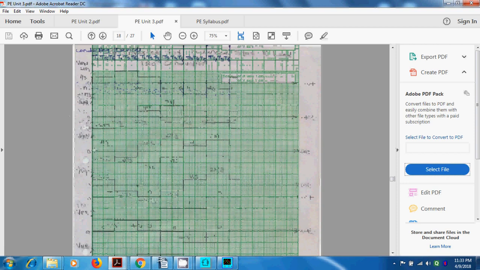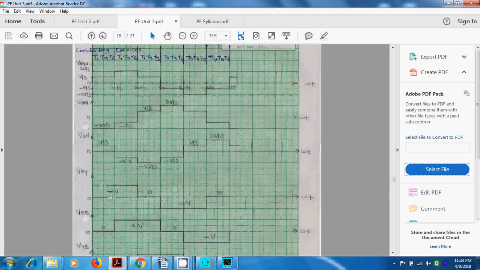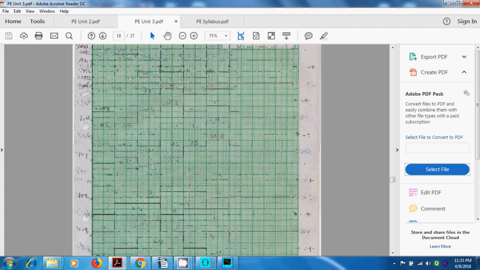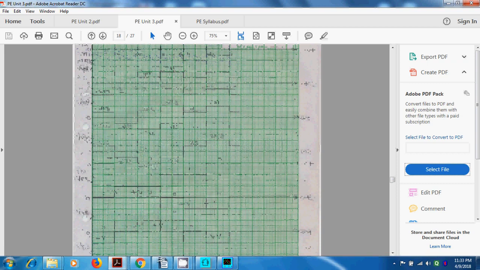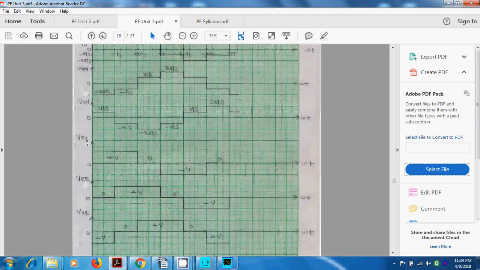Similarly this is VRY. VRY is nothing but one line voltage. So these are phase voltages, which are 120-degree phase shifted with each other, and the line voltages are 60-degree phase shifted with respect to the preceding line voltage. For example, VRY, VYB, VBR, like that. So depends. If you see this type of nature, this is called a quasi-square wave, meaning something positive, 0 and negative. So we came to know that the line voltage waveform will look like a quasi-square waveform, and both are AC voltages. So the same thing we'll have to see.